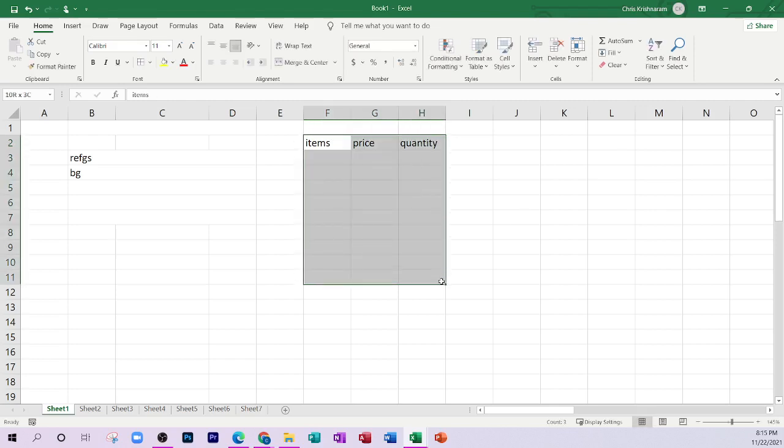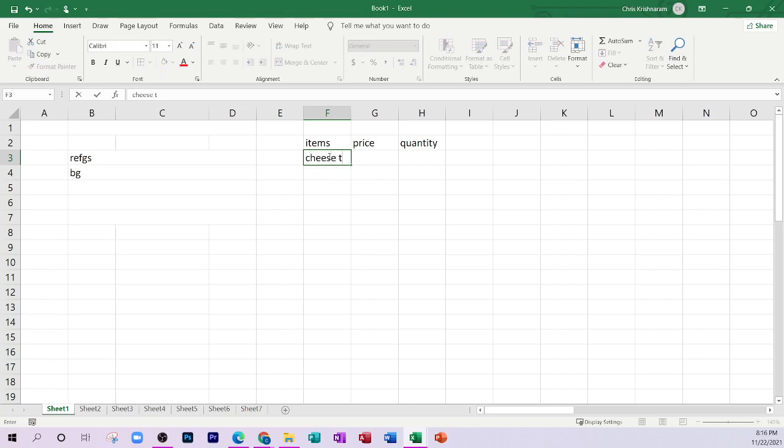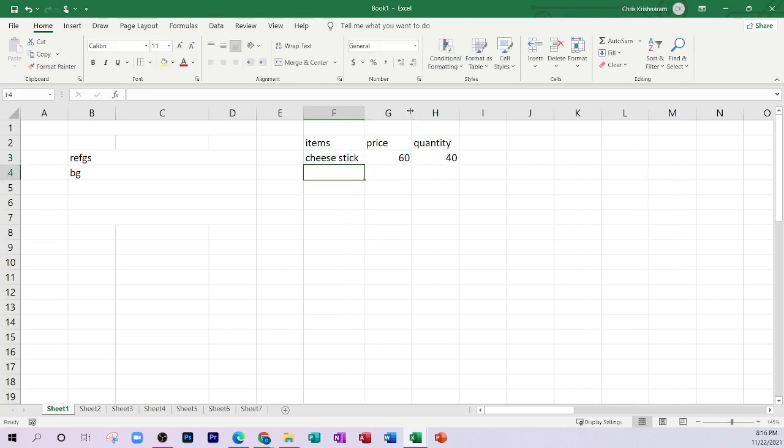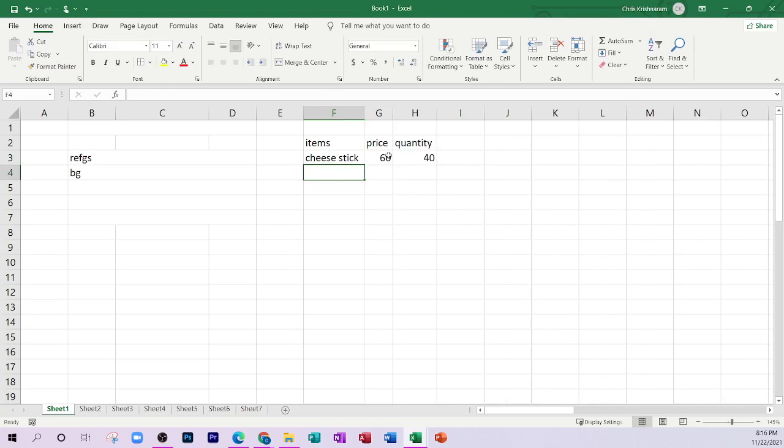This would be an important table for the business: what item you have, what price you bought it for. Say you have cheese stick and you bought it for $6 a pack and you got 40 packs in stock. Now just say this is your original data and you're looking at it,